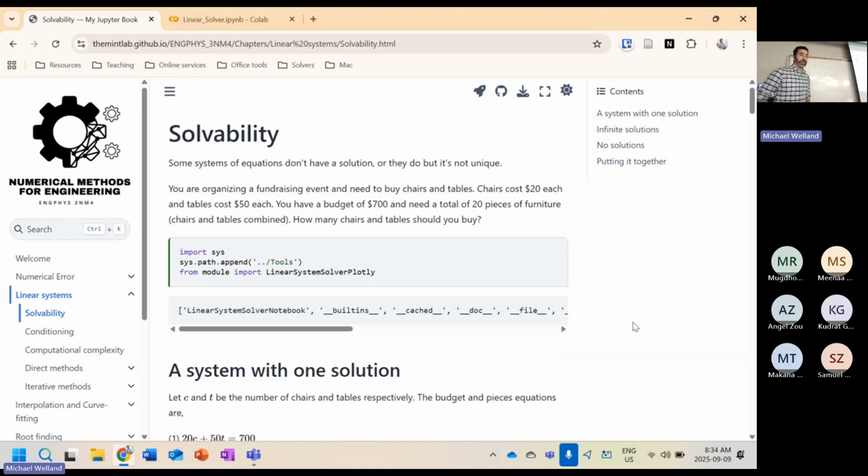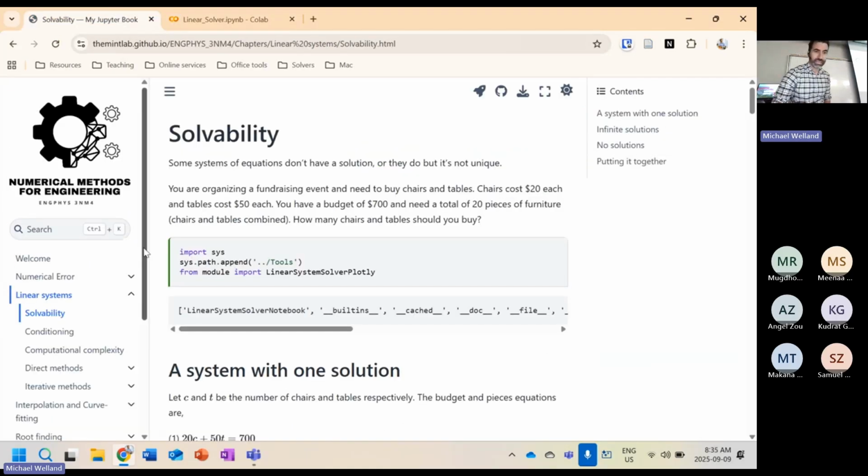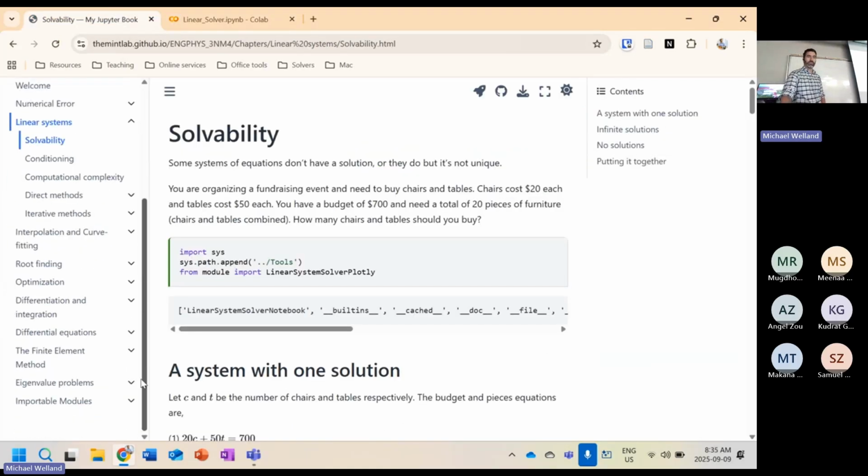So here's our example. I had a high school summer student come in, and he actually designed this nifty tool. I'll show you how to get it, but then we're going to walk through this part that has it instantiated with different plots, to make it easy for us to look at. But then I'm going to show you where to get this thing, and you can play around with it too. If you go under importable modules down here,